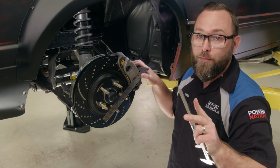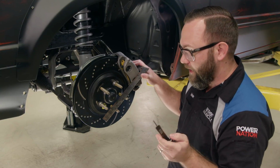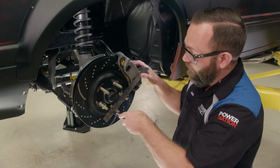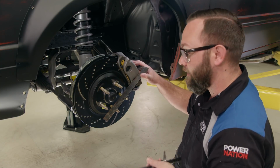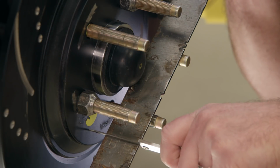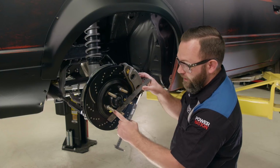So there's 2 things I want to make sure. One, I've got a couple of nuts on here so that the rotor is completely flush up against the hub. That's the first thing. And the second thing is I want to make sure that this is going to be parallel with that rotor as well. So I'm going to take 2 measurements, one over here and one over here, make sure this is straight, and figure out what the spacing is. Close. All right, that measurement was 2.285,